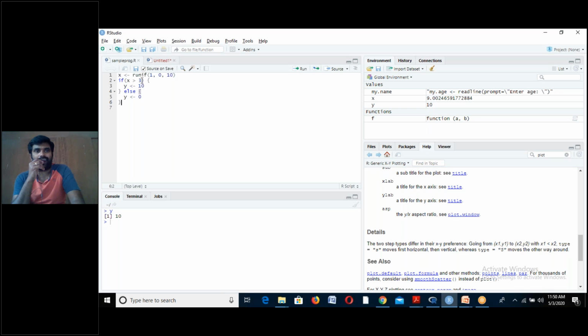If I run the same code again, let us see here. Earlier, see the environment here, the x value is 9 point something. Now the x value is 8 point something. If I run the same code again, now x is given with 3 point something, right? And now if I run the same, x is given with 4 point something. So every time it is giving greater than 3. Therefore, if you check the value of y here, every time it will be 10. That is how if else is used here.